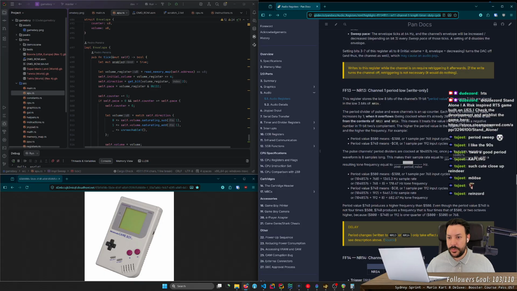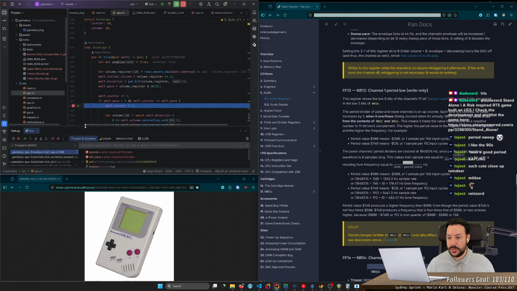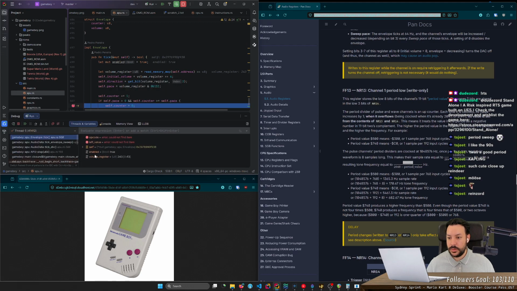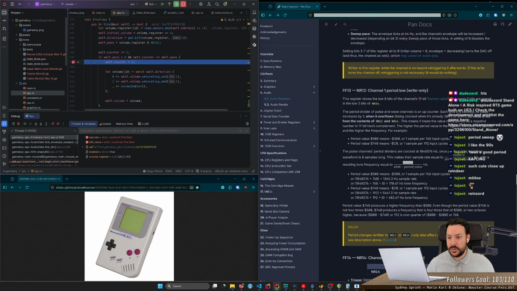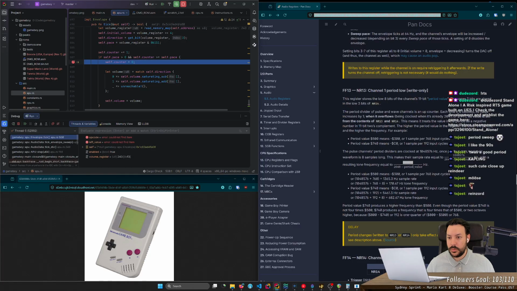Okay, this is the volume envelope. When is this actually enabled? Oh, it's enabled since the start. Is it though? Initial volume 15. Oh.